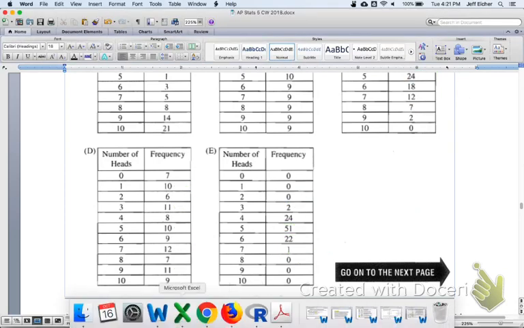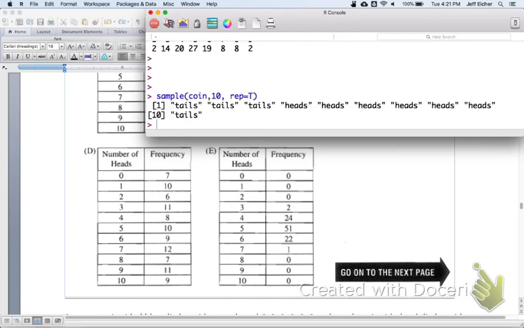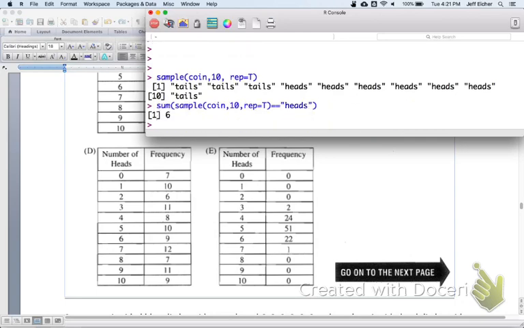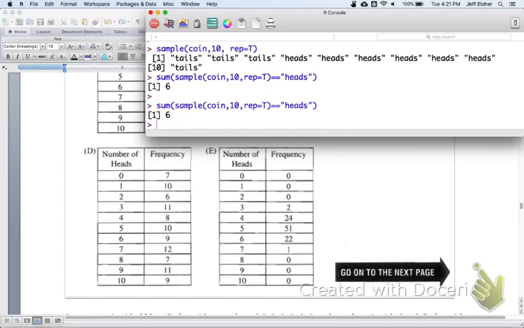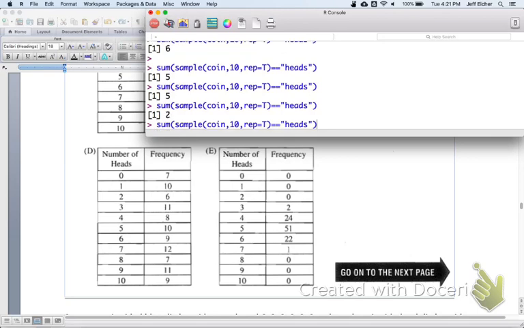Just to better understand the situation, I wrote a little, well, it's not really a program, but if I flip a coin 10 times with replacement, we get something like that. There are the results of flipping a coin 10 times, and that has 6 heads. If I did that again, that's 6 out of 10. That's 6 out of 10. That's 5 out of 10. That's 5 out of 10. Ooh, see, look, 2 happened. 2 out of 10. Whereas option E said that it would never happen in 100, or it didn't happen